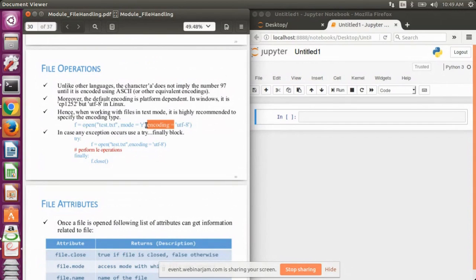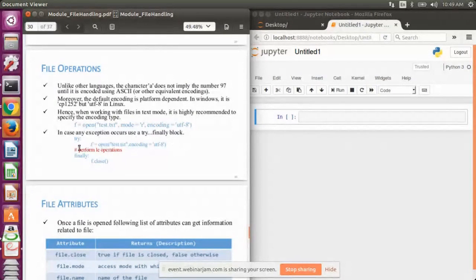The third thing is that when creating a file, it is always better to open the file in a try and catch block, where the syntax goes like try to open the file.